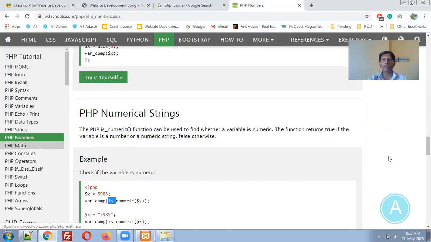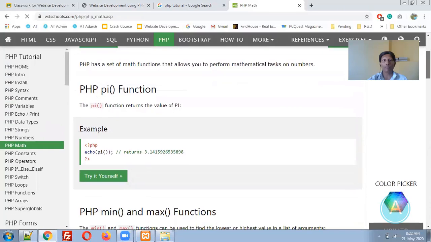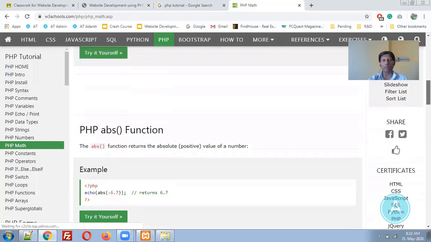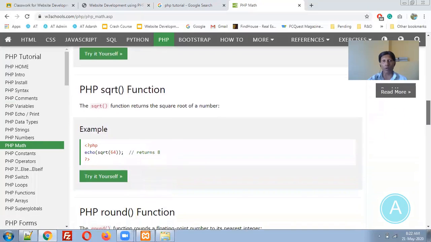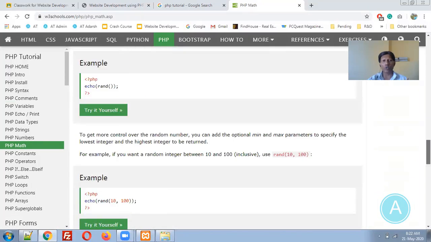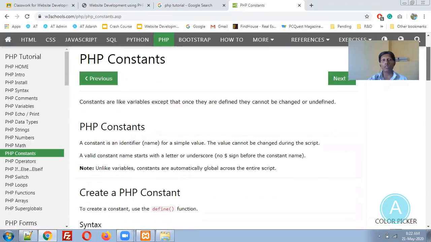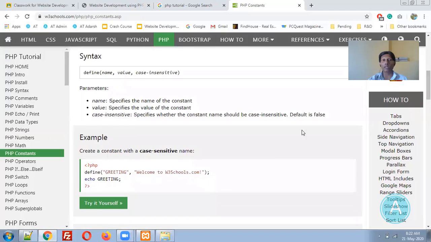Then mathematical functions are there. We can use pi, we can find the minimum, maximum, absolute number, square root, round, and so on. So many functions are there. Then constants, you can declare a constant over here using define. Later on, this value cannot be changed throughout your project.